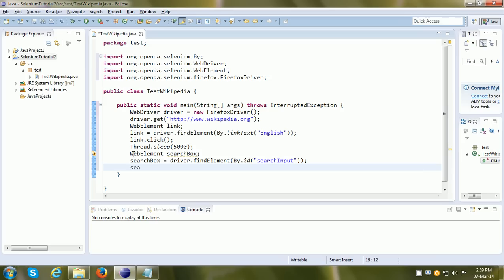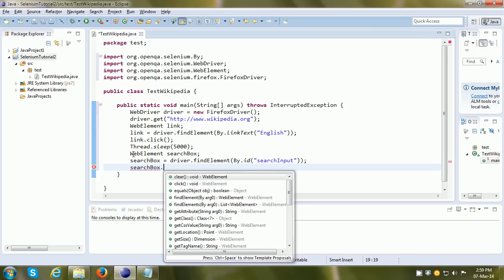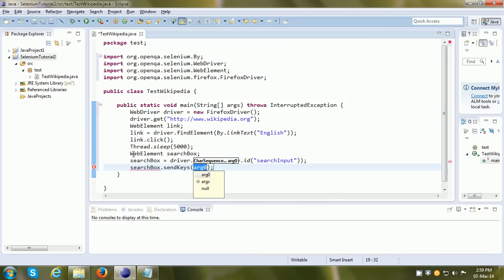Now what I want to do is type in my search term inside the search box. So the WebDriver command for that is send keys, search box dot send keys, and what I want to type in the search box is software.